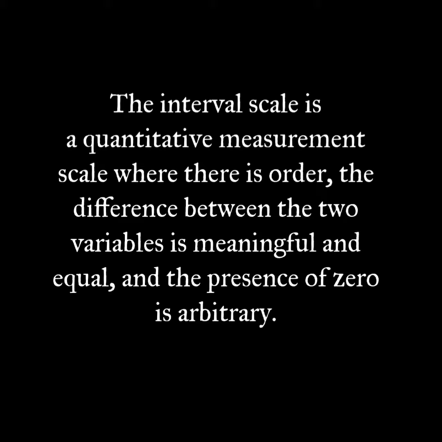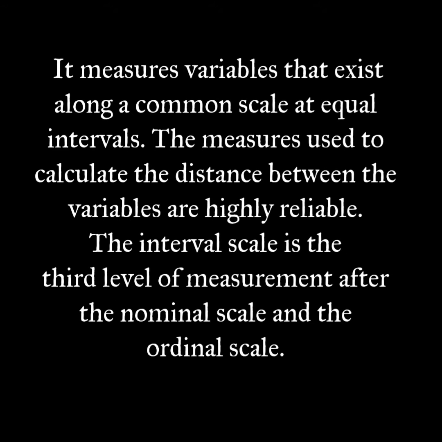Celsius and Fahrenheit scales are examples of an interval scale. In the Celsius system, the starting point, considered as the freezing point, is 0 Celsius and the terminating point, considered as the boiling point, is 100 Celsius. The gap between the freezing and boiling point is divided into 100 equally spaced intervals known as degrees.